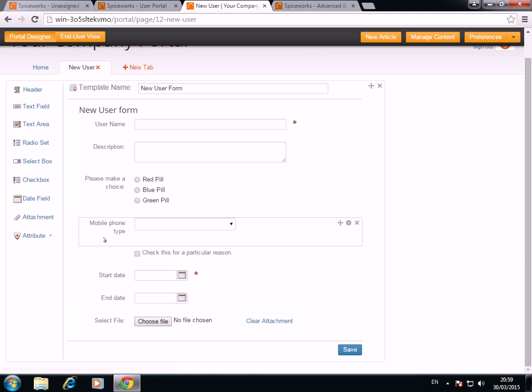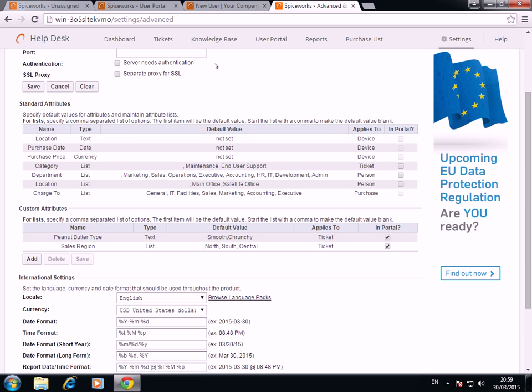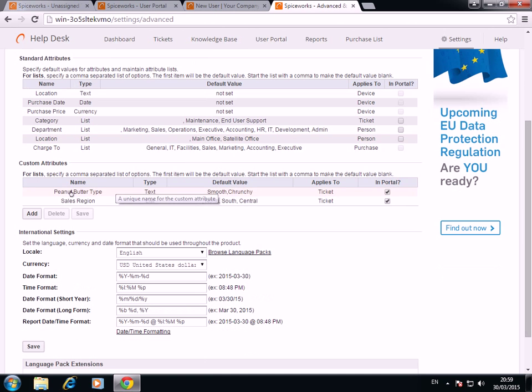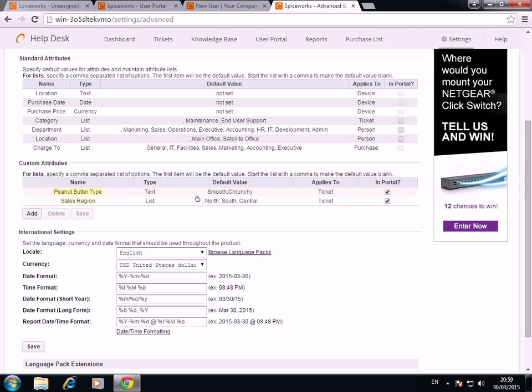Now right down the bottom there was this attribute. Now these are your custom attributes. I'm just going to click on the advanced and international options where our custom attributes are set up. So we can see we've got a couple of options there. Over on the far right you can see that these are ticked for in portal, and because we've got those ticked,